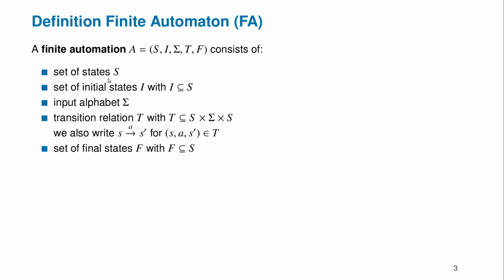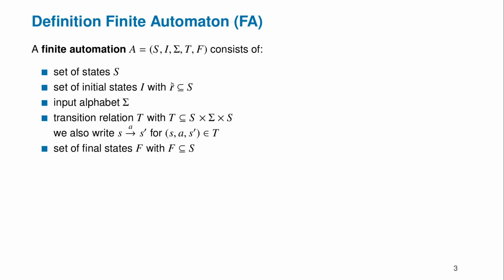Then we have I, the set of initial states, the starting states. I is a subset of S. Yeah, note that we do not require to have exactly one initial state, but our definition allows to have 0 initial states, because the empty set is also a subset of S,